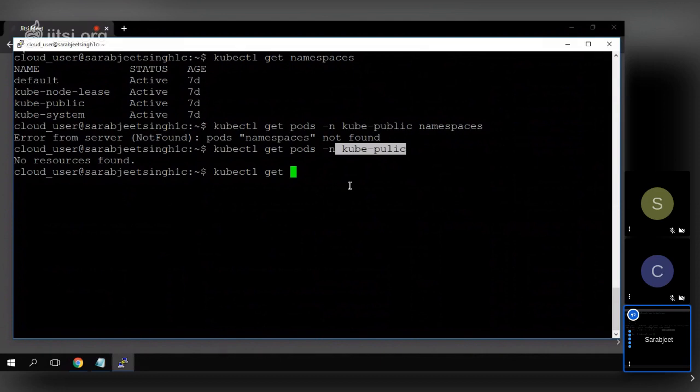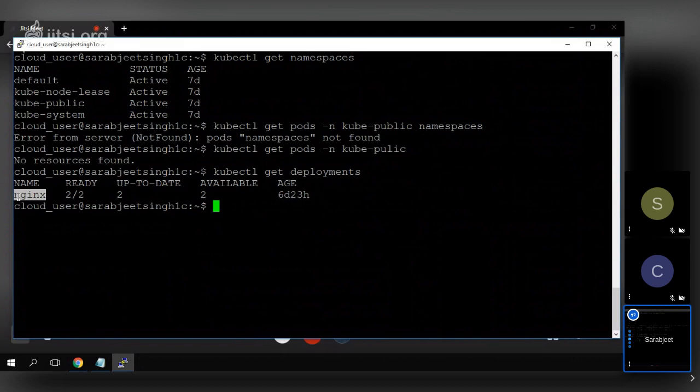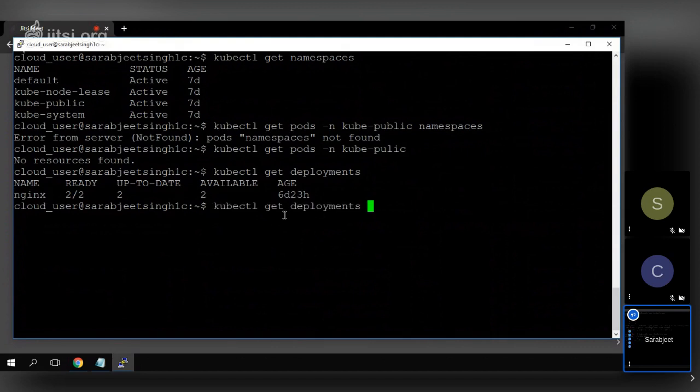So kubectl get, we have other commands like deployment. Again, kubectl get deployments will only show you the default one. So this deployment is running under the default namespace. Okay. So what we will do today is we'll first create a namespace. So you can link these things with whatever we are going to do today. So I will do one thing: kubectl create name